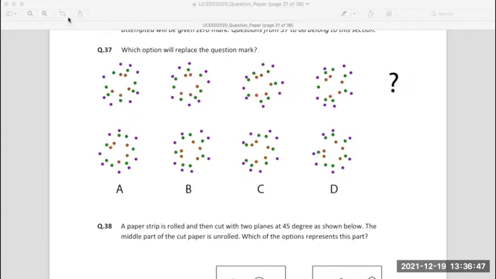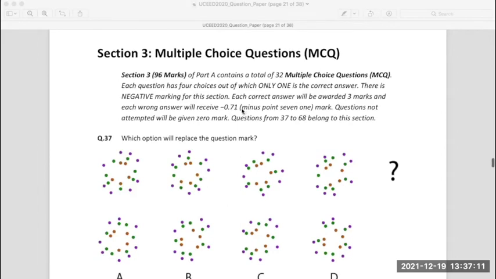So, in these kinds of questions of sequencing, it is all about taking one thing, looking at the pattern across, and then choosing another thing, looking at the pattern across, choosing a third thing, looking at the pattern across. And just to cross-check, take any other fourth thing also to check the pattern across, because there is high negative marking, only because of this factor.